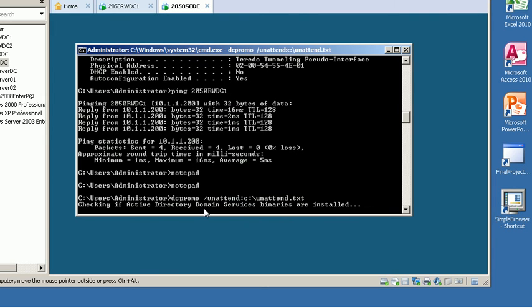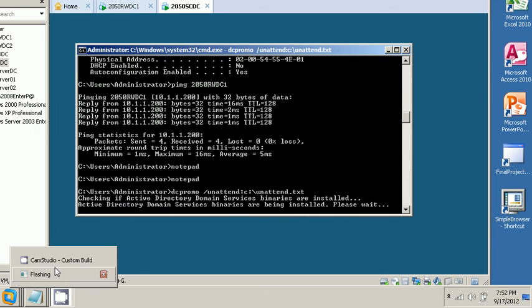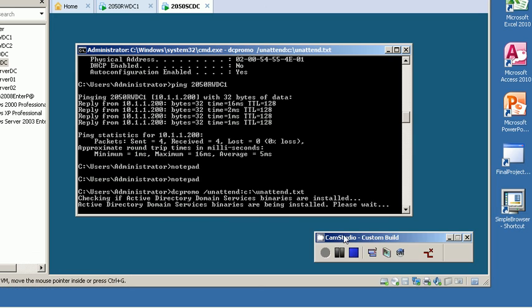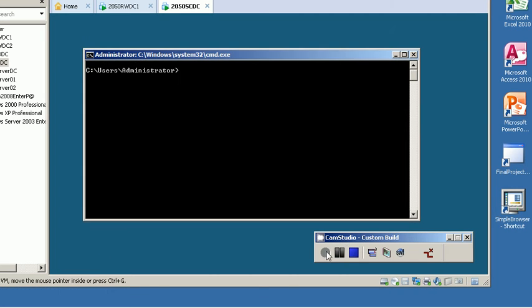Press the enter key. It's going to check the binaries, and it's going to be going through this. And it'll reboot when it's done. Okay, we've rebooted after the install. Now let's verify